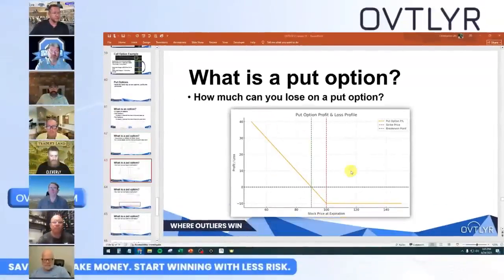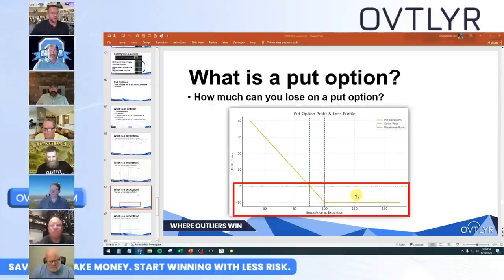Now, how much can you lose on a put option? Okay, I'm going to put you guys on the spot. Let's say you bought a put option there, Deep Thought. You remember being in class? The maximum you can lose will be $10. Exactly. I was just going to say, remember being in class as a kid and the teacher calls on you, you're like, oh shit, what? I was definitely trying to pull that on you guys. So yeah, on a put option, the most you can lose is the $10 you spent to get it, right?